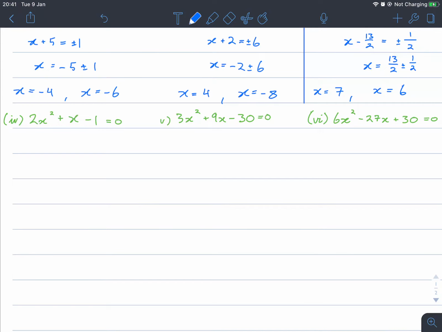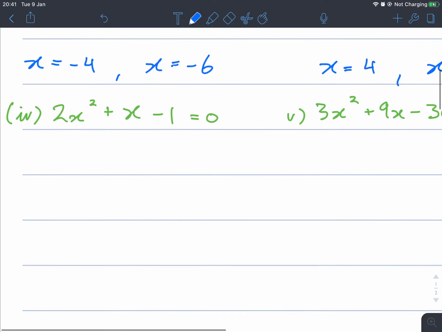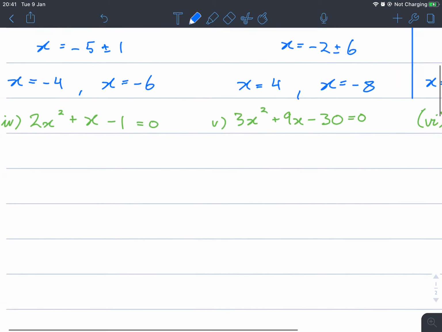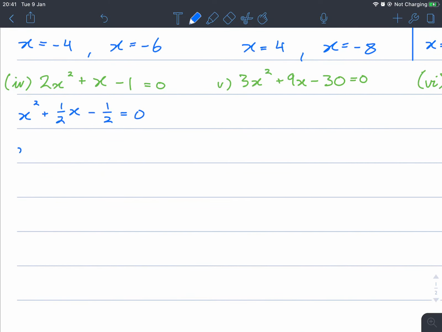Let's keep moving here. Just a reminder again, you can pause the video at any time and give it a go yourself. In this one, we need to get a monic coefficient, so let's divide everything by 2. So it'll be x squared plus, there's a 1 here, so it's going to be half x minus a half equals 0. Isolating the constant,